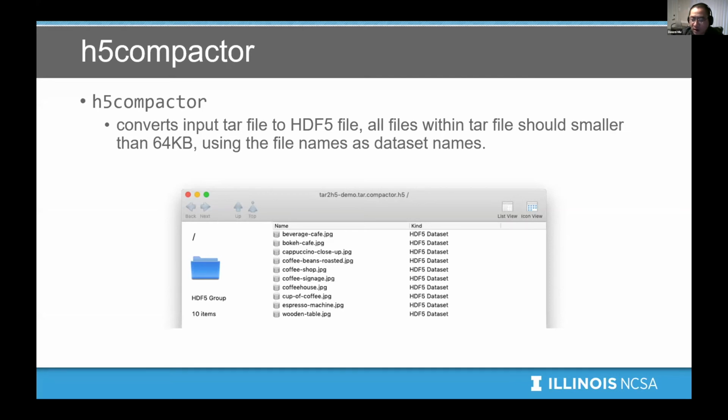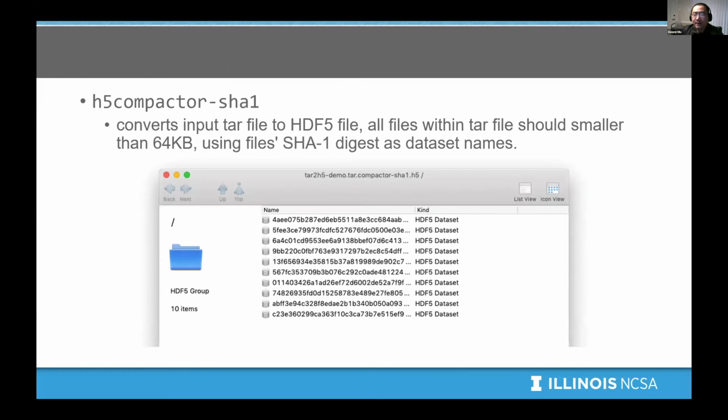The original file name will be the dataset name, so it's very easy for the user to get information about the dataset they are reading. And another solution for small files less than 64K is the